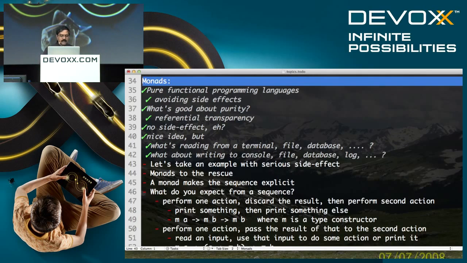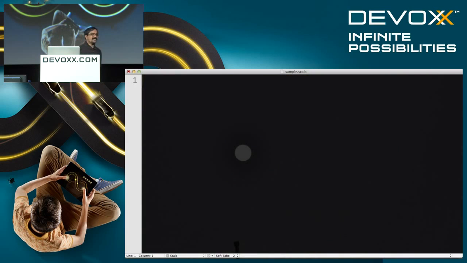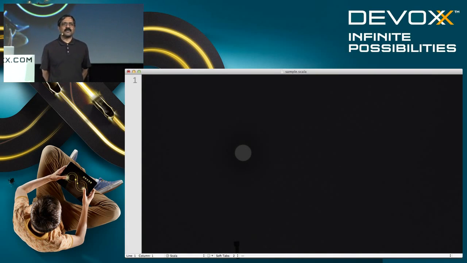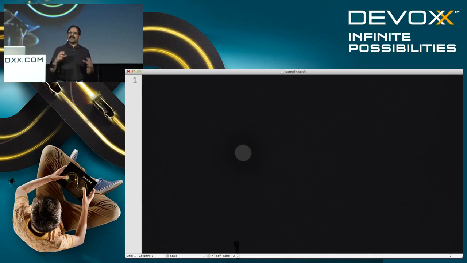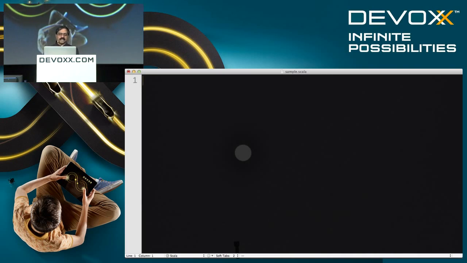So let's talk about how we could really experience this. And I'm sorry, but it is really hard to show this in Scala. Well, I only said it's hard to show. I didn't say it's impossible to show. So we will make an attempt to get a feel for how this actually feels in Scala. So in Scala, I'm going to define getInput. And the getInput function says, I'm going to read a value. So let's call it input equals